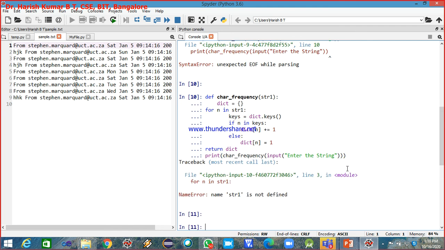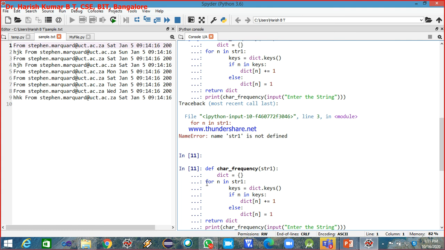So str1 is not defined. Why is it saying str1 is not defined? Because this for loop should be indented under the function definition character frequency. Since I did copy paste, all indentations are lost.